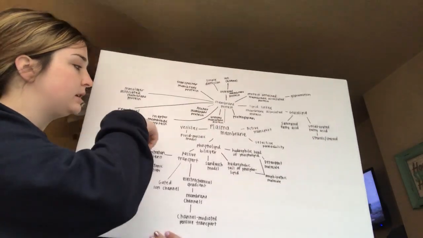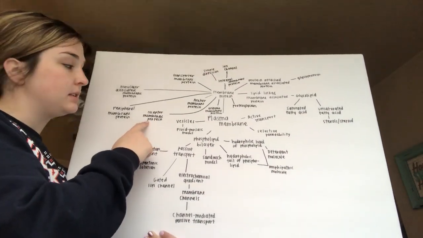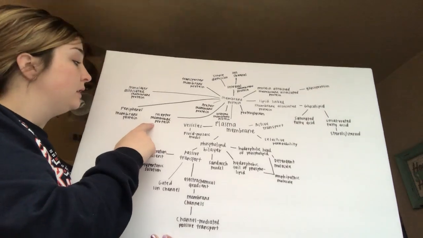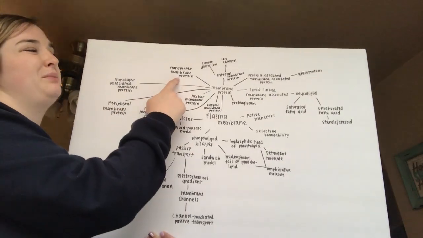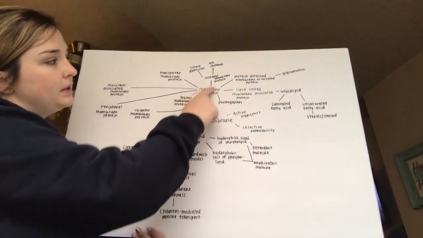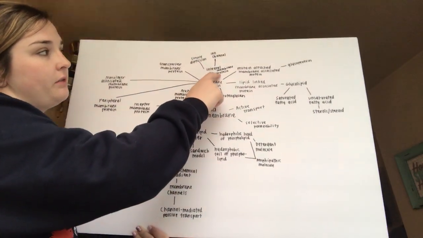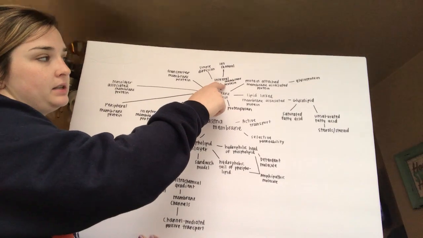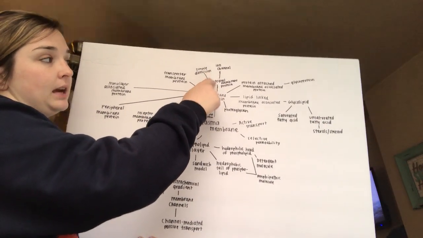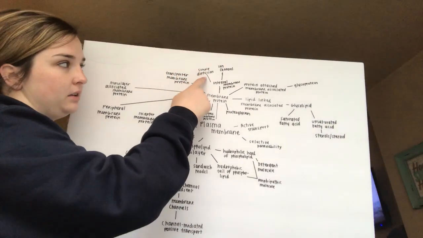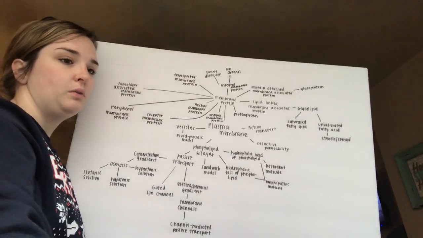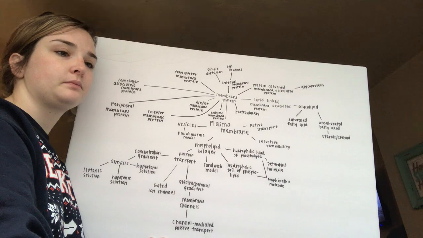Membrane protein, we did the receptor membrane protein just because that's a type of membrane protein. Same thing with the peripheral membrane protein, transporter membrane protein, and the integral membrane protein, which off of that I have the ion channel because the ion channel allows for the integral membrane protein to accept ions, and the simple diffusion, which is going to be like